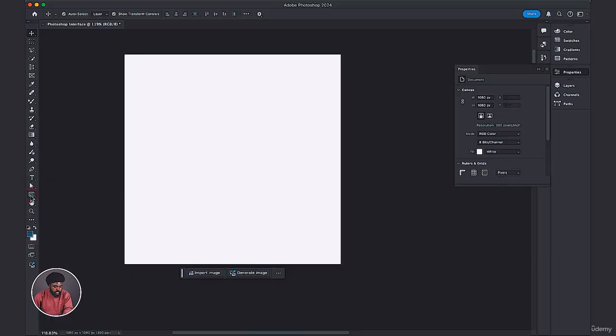shapes. But to access our shapes, you come to this panel over here and we go to this rectangle, right? If you click and hold down, you see more shapes. So if I select an ellipse, that's the icon you will see. If you click here again and select the triangle, that's the icon you will see. So once you look through your toolbar, make sure you're looking for the shapes. So we can come in here,